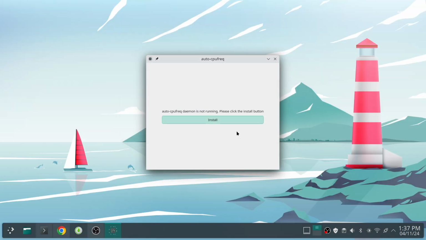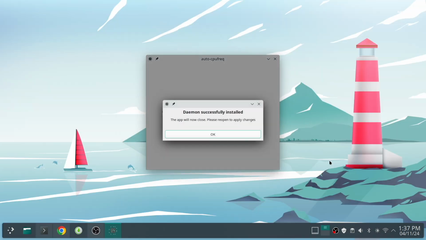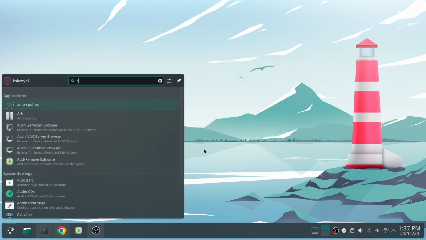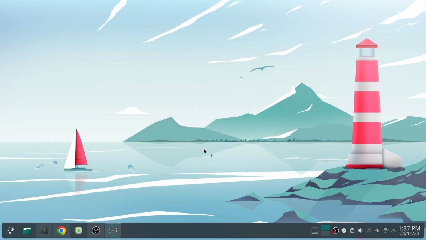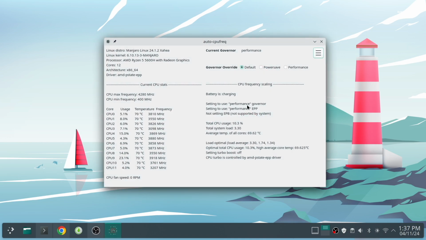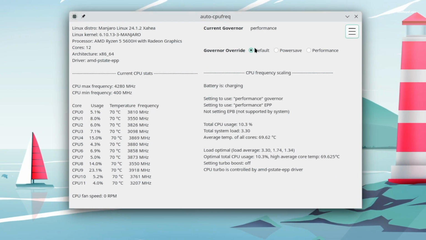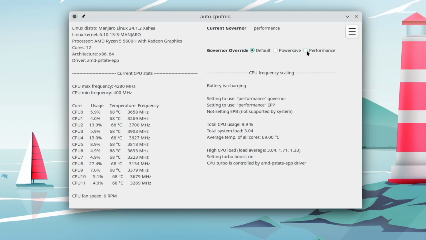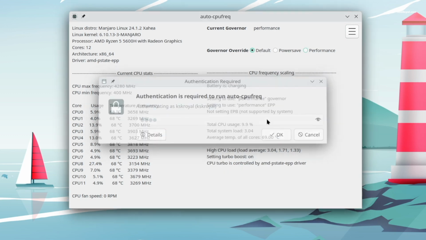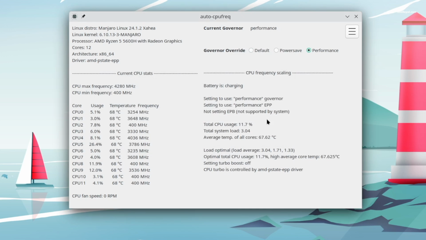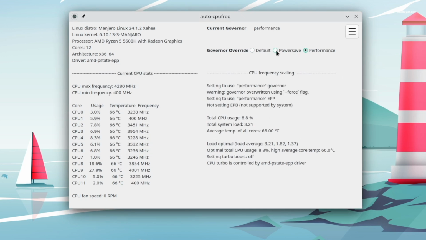Now activate it to run as a daemon service by clicking on the install button. It uses a default profile to optimize the performance and battery life. If you want peak performance, you can enable performance mode. If you don't want high performance, enable power saving mode for longer battery life.